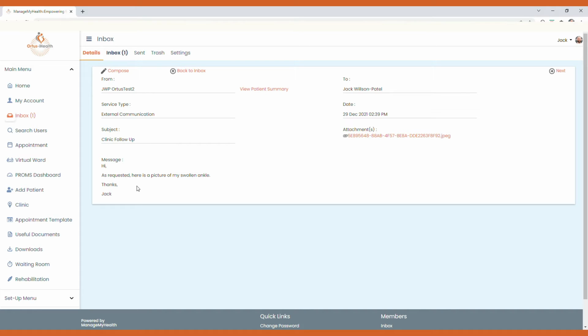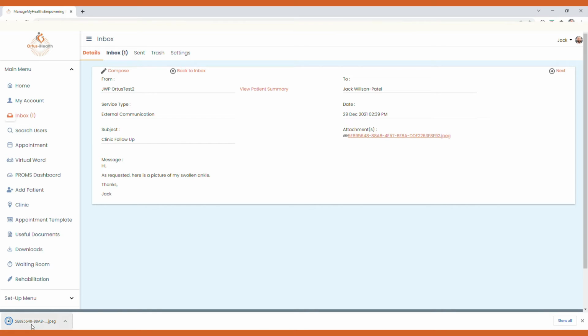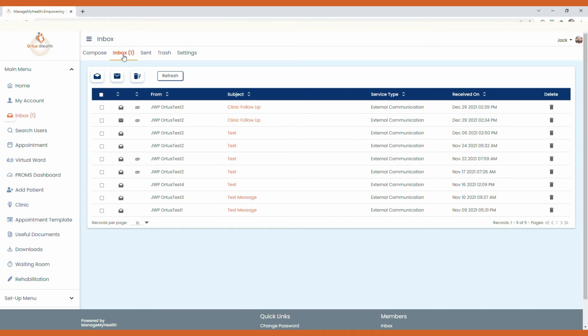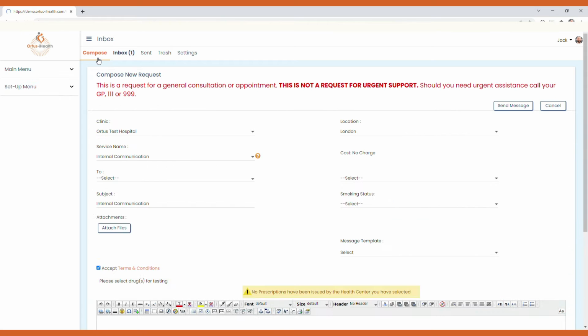So here, this message is in follow-up or in response to a request from the clinical team for a picture of the swollen ankle that they have inputted as a symptom. You can also view their attachment. So having viewed that, you have a number of options. You can compose a message directly to them, you can go back to your inbox, or you can select the next message on. So if we go back to the inbox and then select compose,